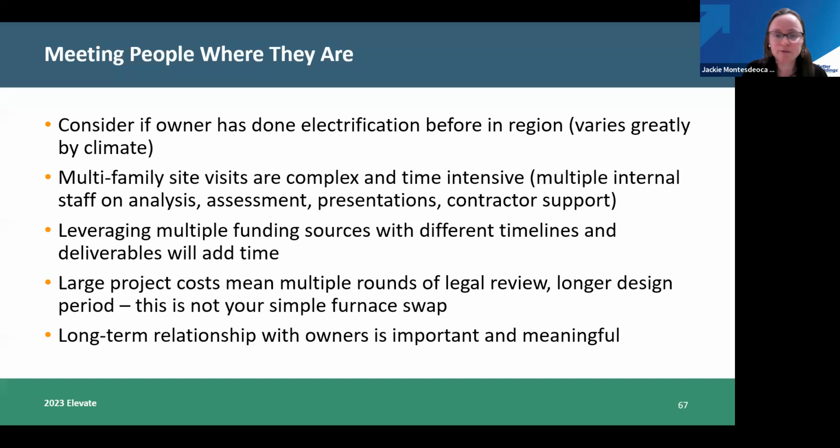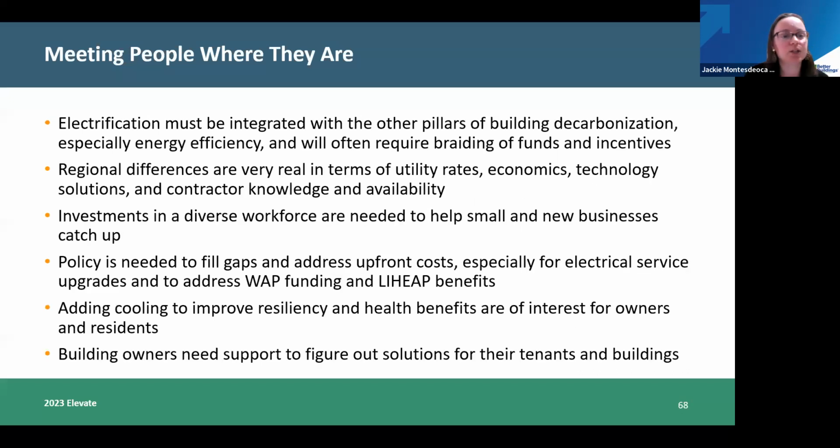The last slide I have, one more slide, is just some other big takeaways: this has got to be integrated in all pieces of decarbonization. That's energy efficiency, it's solar. You saw in the case studies that we really needed solar for those two. There are other retrofits that might not, but you've got to model everything out, or look at the actual utility data to make sure we know what we're getting people into. And then it's going to vary by region because of utility rates or weather, or just how all the contractors are